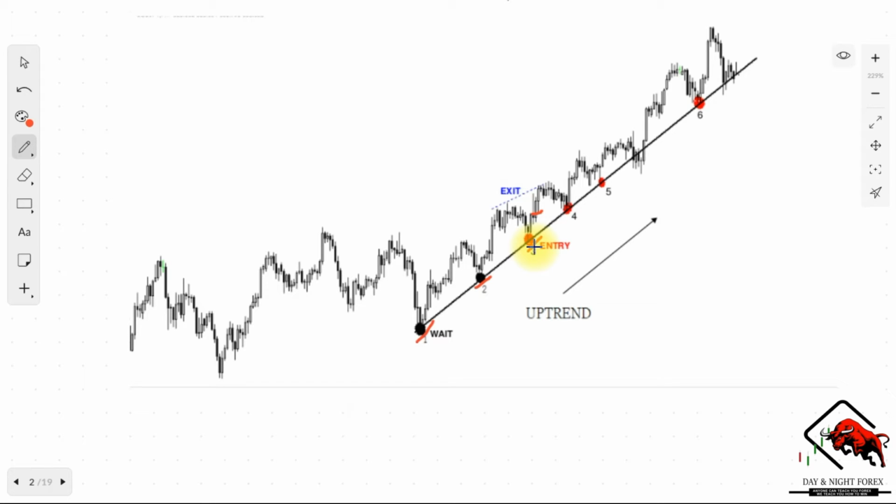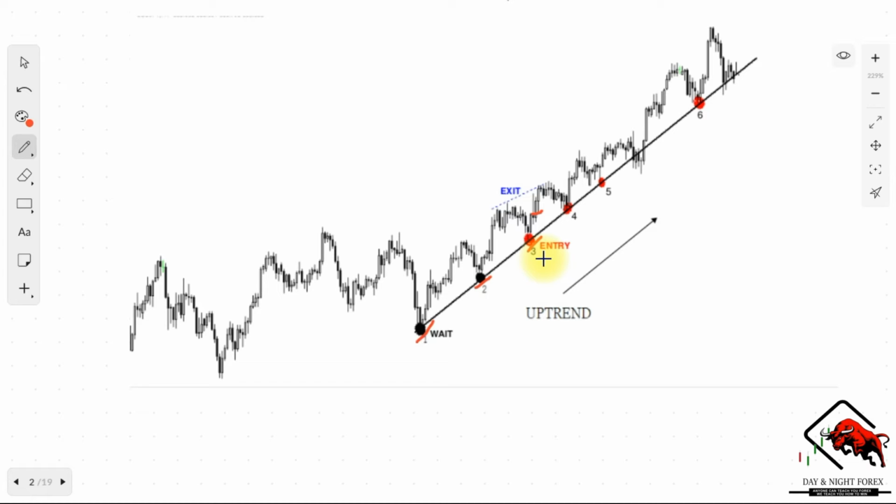Still in the development stage, for us to capture that trend right at the beginning. So that's why we enter at the third point, which is the validation of that trend line. So that's basically what you need to understand here. Just remember, first 2 points you don't enter, you use them to plot, and then the third touch you enter,